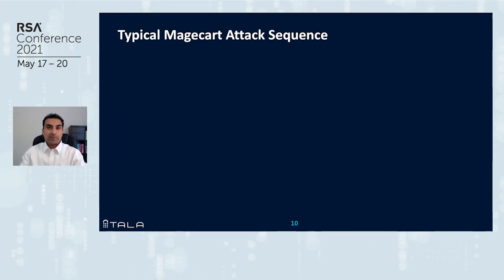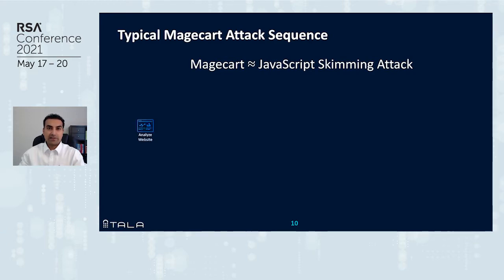Your transaction at the pump goes through okay, and you cannot detect anything is wrong at that time. However, after a few weeks, when you check your credit card statement, there are some mysterious charges that have been applied that you've not made. So, similar to these physical credit card skimming attacks, we have web-based JavaScript skimming attacks. And that, in a sense, is what the MageCart attack is and what the MageCart group does. Let's take a look at the typical steps in a MageCart attack.